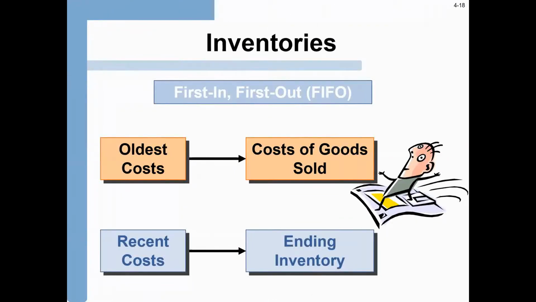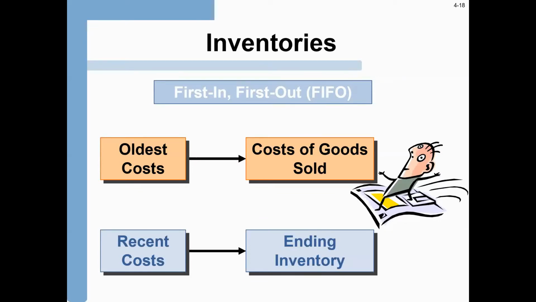First of all, we are going to discuss FIFO. FIFO means first in, first out. In the FIFO method, the oldest cost is written in cost of goods sold, which means that the oldest cost, we are going to expense out in the income statement. Whereas the recent costs, meaning the cost of the raw material which we are purchasing for our business to produce goods and services, the recent cost inventory is recorded in the balance sheet, or is capitalized.